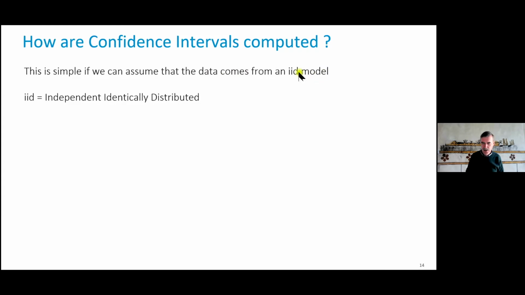Well, this is quasi impossible if you do not assume the following. We have to assume somehow that the data points that we've observed come from an IID model. IID is a term that's relative to a probabilistic model, and it means independent, identically distributed. So independent, identically distributed means that we assume that the data that we've seen, which comes from a complex